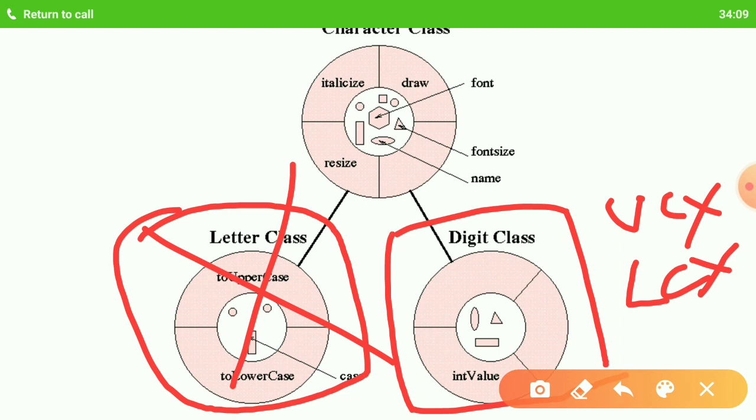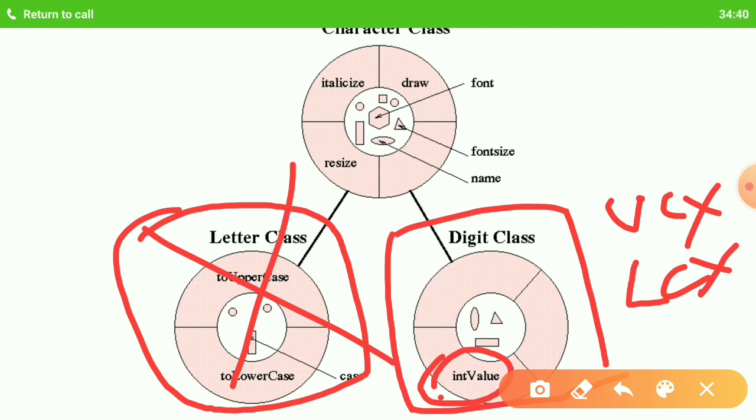Because a digit represents a number, and a number does not have a case, it cannot be converted to uppercase or to lowercase, but we can find the integer value only. That is why we have this feature here, int value. What is the integer value of the character?